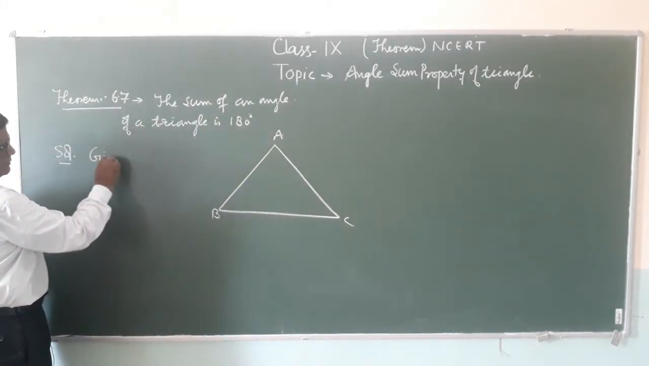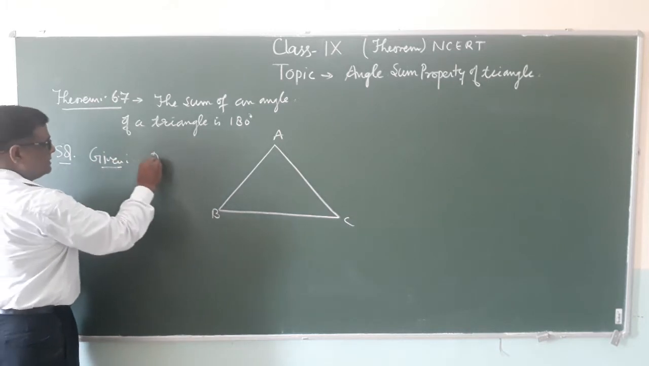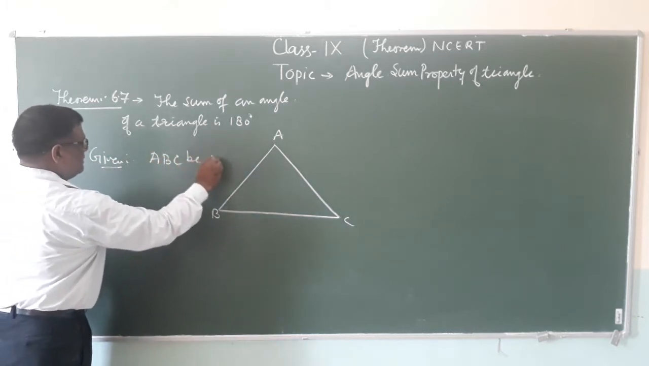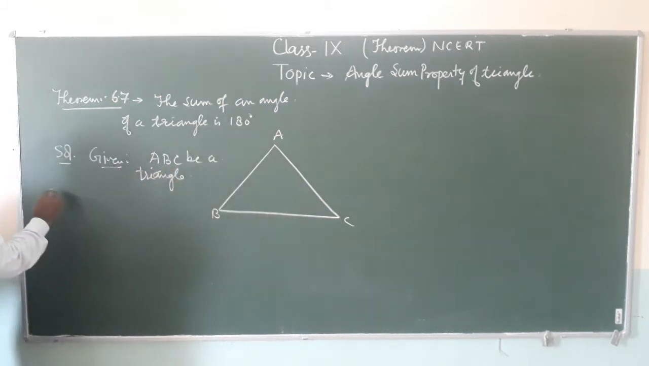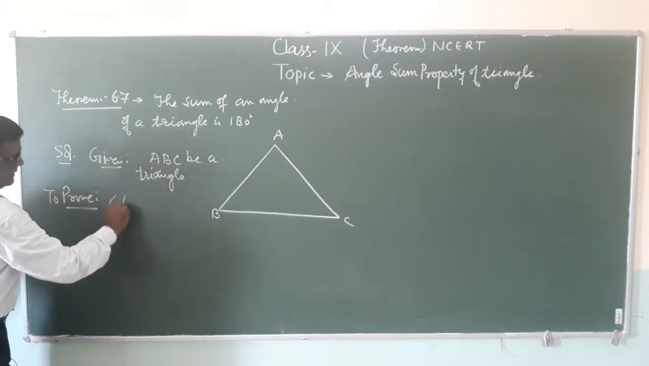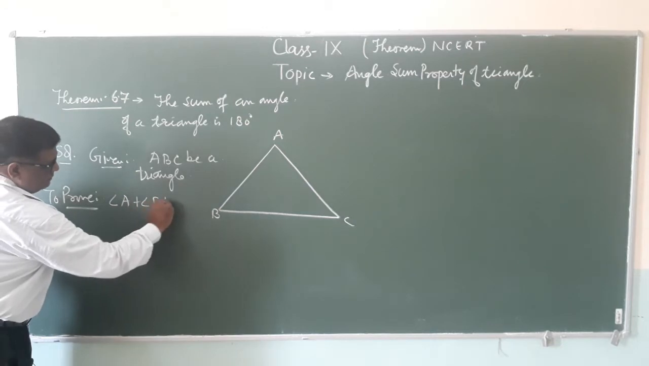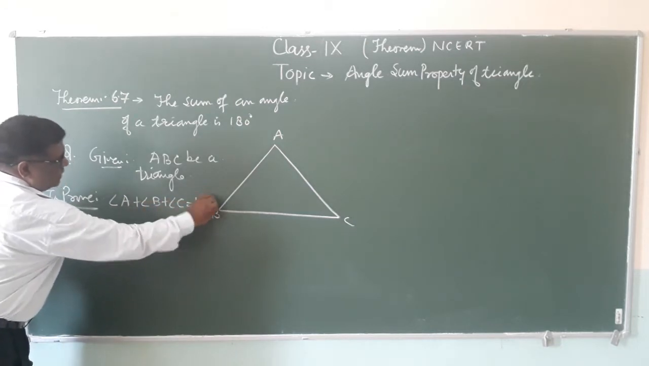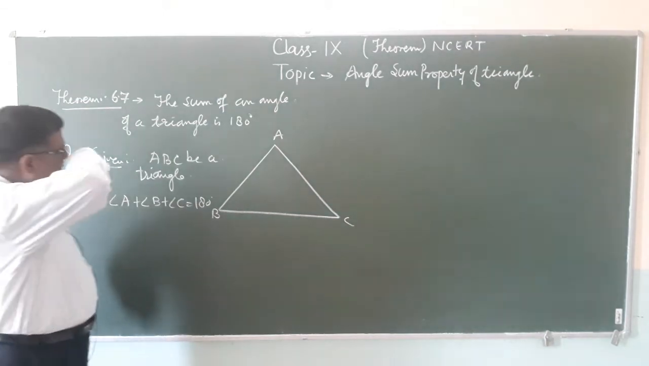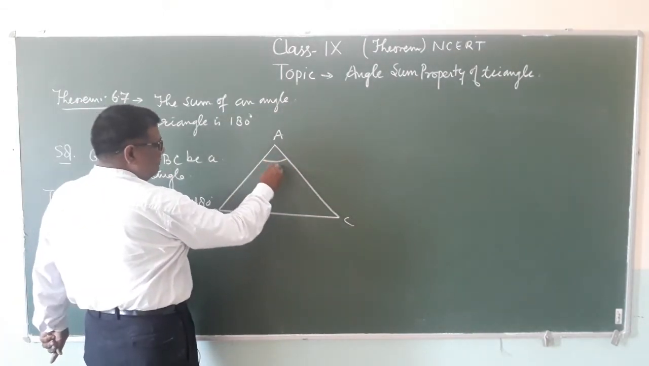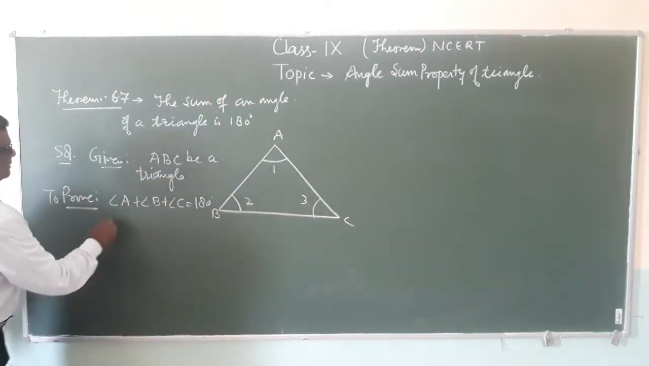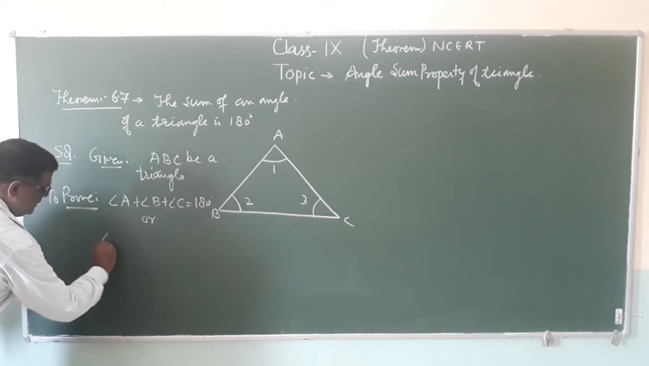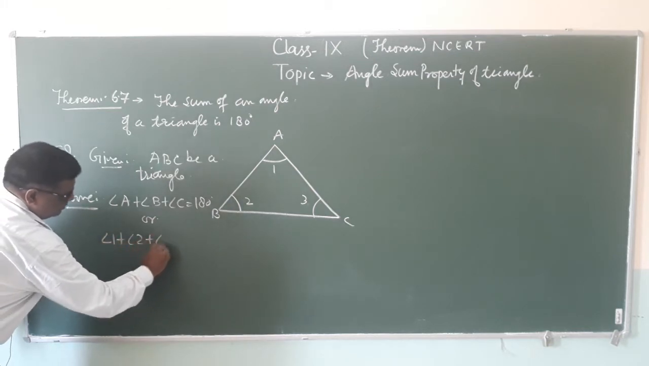What is given? Given: ABC is a triangle. And what is to be proved? To prove: angle A plus angle B plus angle C is equal to 180 degrees. Let this be angle 1, angle 2, and here this is angle 3. It can also be written as angle 1 plus angle 2 plus angle 3 is equal